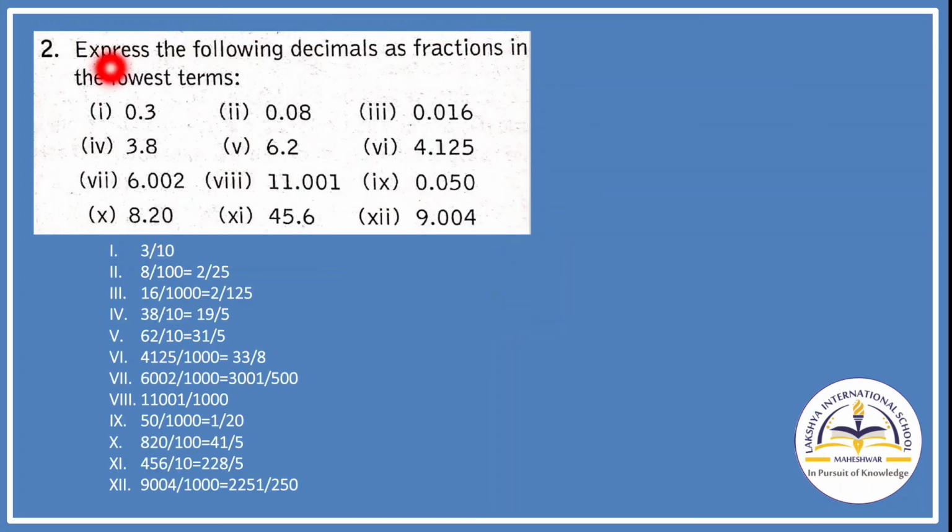Now question number 2, express the following decimals as fractions in the lowest term. Now you have to express them in the lowest term. Here 0.3, when you remove the decimal point you will get 10, so 3 by 10 will be the answer, because you cannot cut them with any number further. Now question number 2, 0.08,